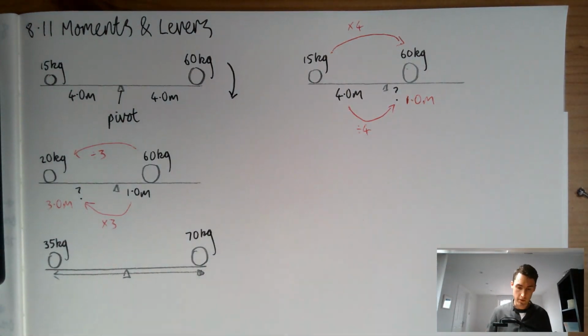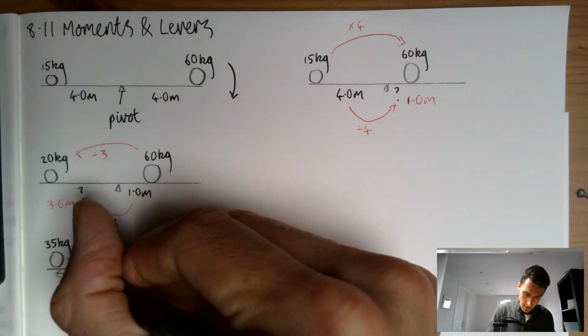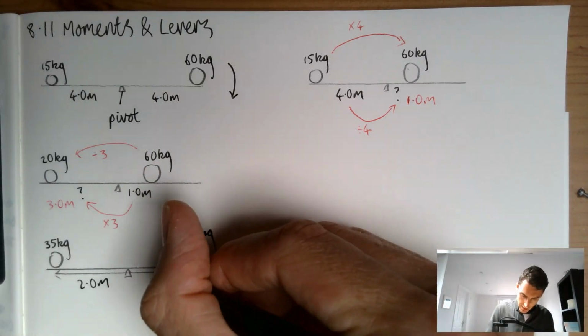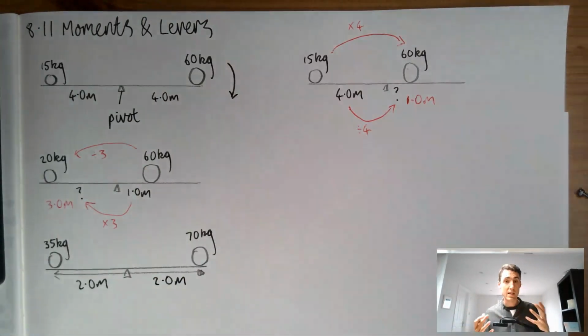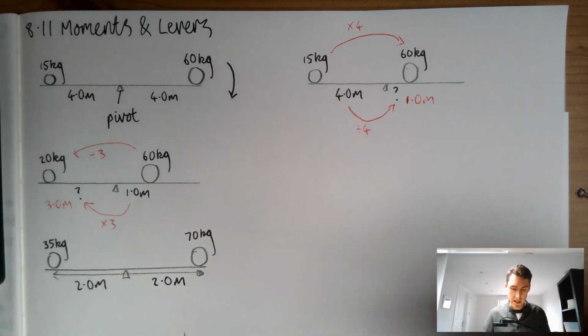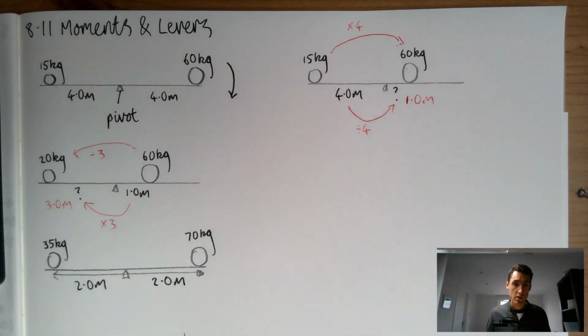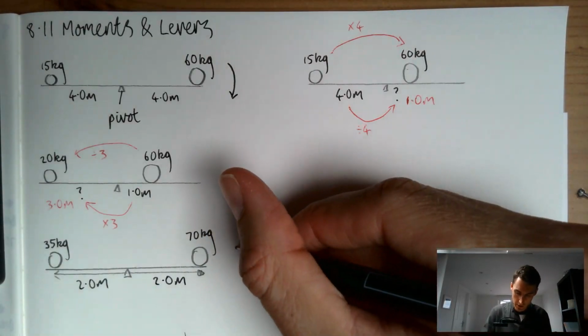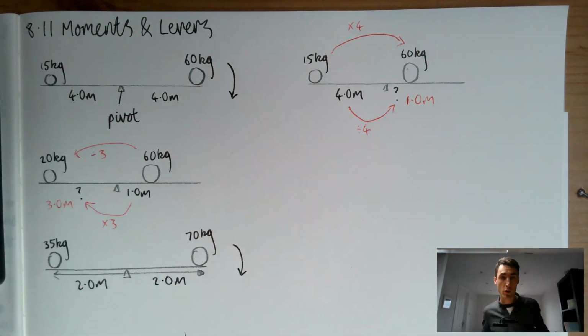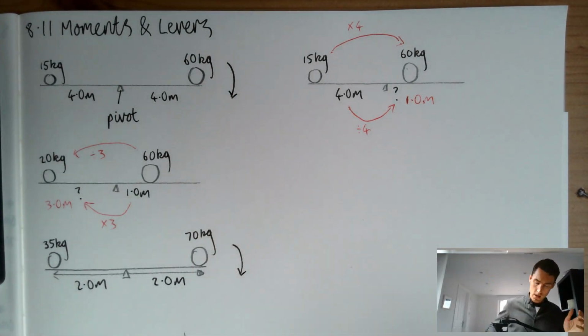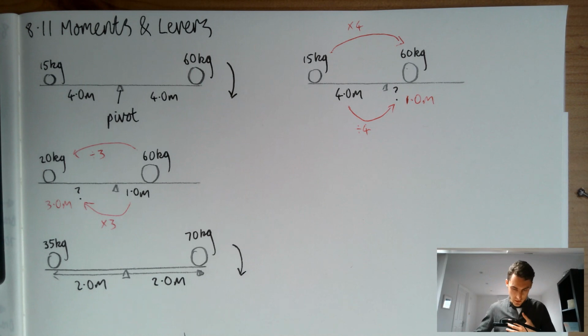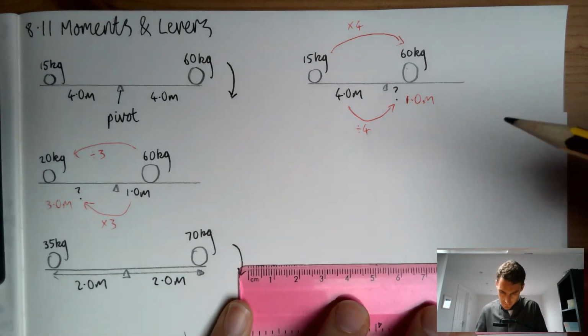Doing the arrows, but anyway, you get the idea. We're both sitting 2 meters away. So what's going to happen? And again, you want to bring in this idea that now the moments aren't balanced as they were in these two examples. So we're going to get this clockwise motion again, like that. So we can do the same thing. We can say, all right, well, what's going to happen next is,